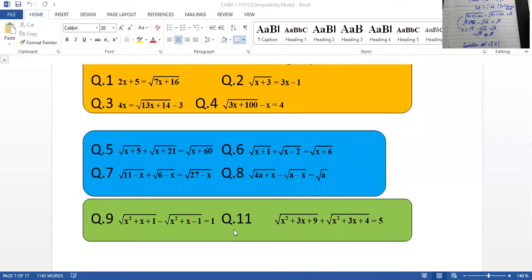And listen, we are starting another type of equations which are mentioned in the textbook. If you have the textbook with you, look at the textbook. I'm telling you the page number: it is on page number 14, very much on the same page, where it is exercise 1.4. On the top of page number 14, I'm just going to write for you the type of the question we are going to discuss.